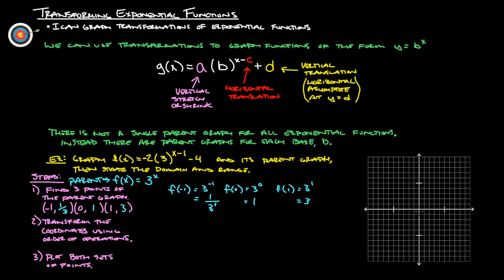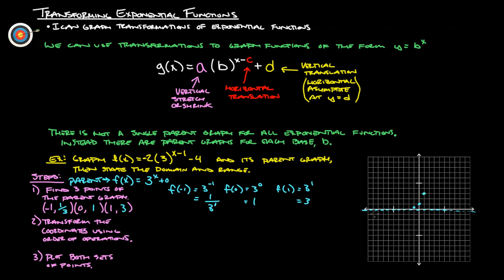So let's graph those. At -1, we're at 1/3. There we go. 0 is at 1. And 1 is at 3. So you kind of get an idea. It's going up like this. Probably don't need to put any more over there. And guess what? Basically this is +0, so that means there's an asymptote here at 0. That line's not going to cross, so this graph is going to look something like,